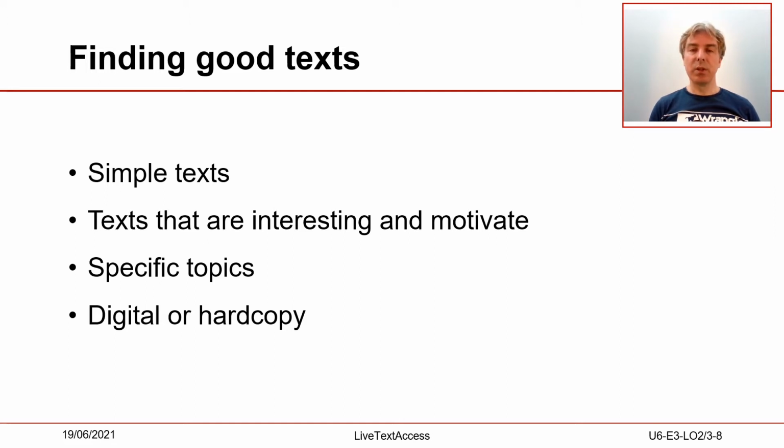Besides this, you can see what is best for you, either to use digital text on your computer or a second computer, or if you prefer to have a hard copy of the text. But as always, try to keep track of the progress, so write down what you have practiced, how long, and the improvement of your speed. A good source for finding online texts is the Gutenberg project at www.gutenberg.org.